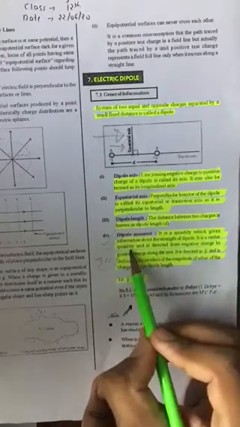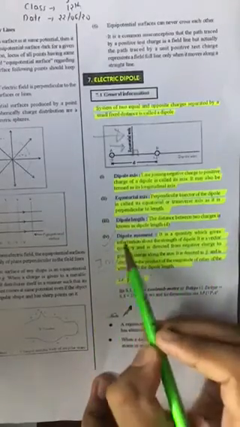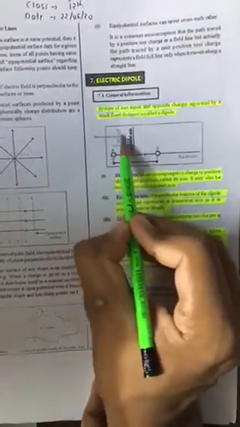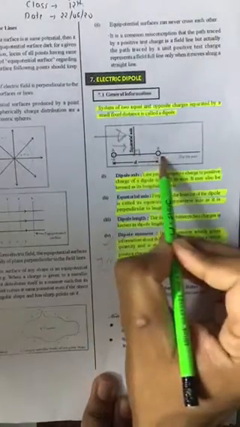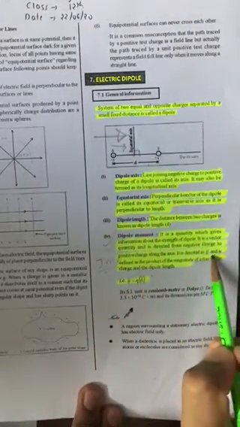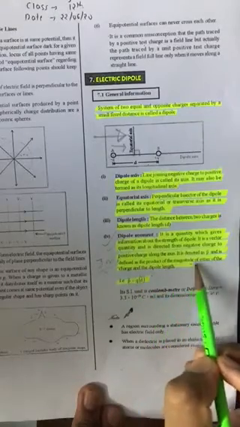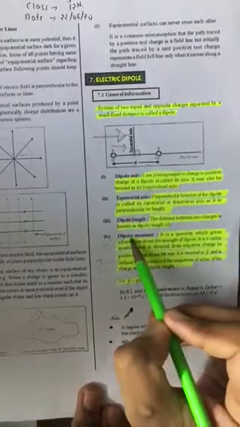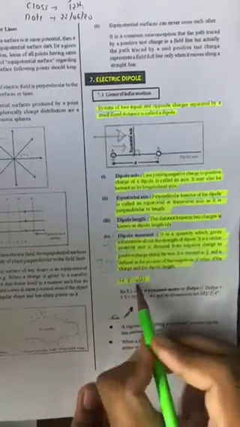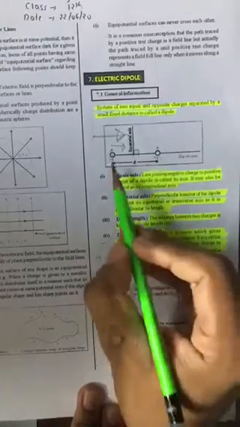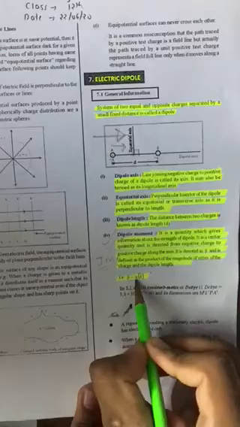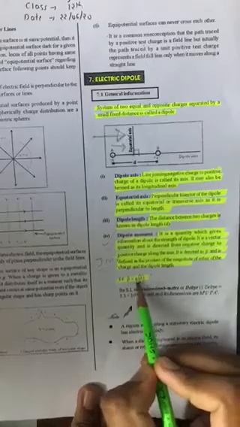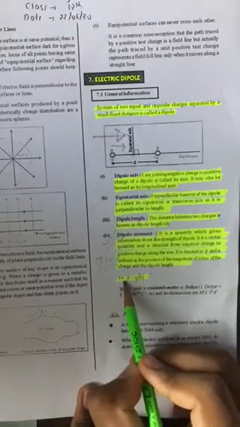It is a vector quantity and it is directed from negative to positive. This is a vector quantity and its direction is from negative charge to positive charge. Okay, it is denoted by p and it is defined as the product of the magnitude of either of the charges and the dipole length. So the value of dipole moment is the product of the magnitude of any of the charges and the distance between the charges. What is the distance between the charges? d. So q into d is the strength of the dipole moment.